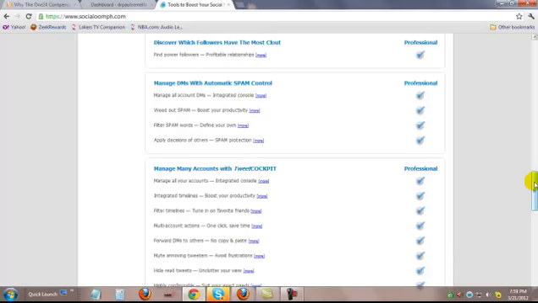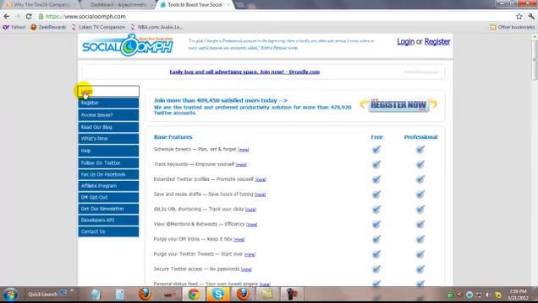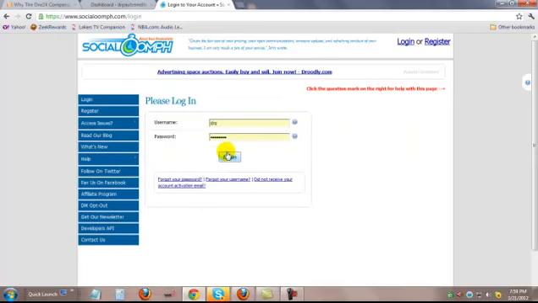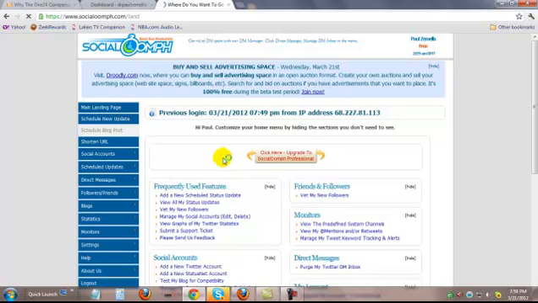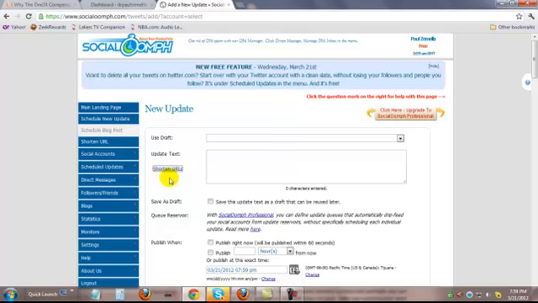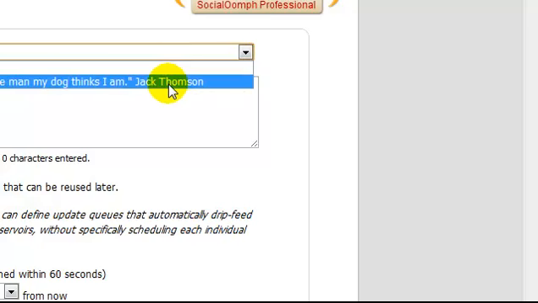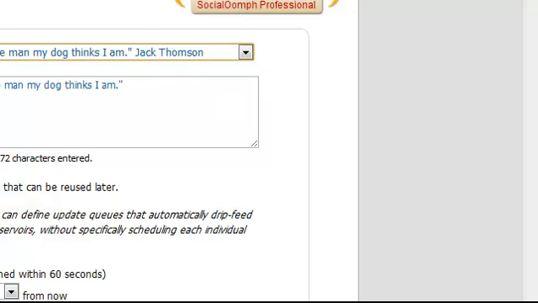Now, to give you an idea of how it works, I'm going to log in. Then what one would do, if I was going to do just to demonstrate this, schedule a new update. What I can do is I can use one of my previous drafts. I have a draft here that says, "Today I would like to become the man my dog thinks I am," by Thomas Johnson. Just kind of a humorous communication, a way of keeping in touch with